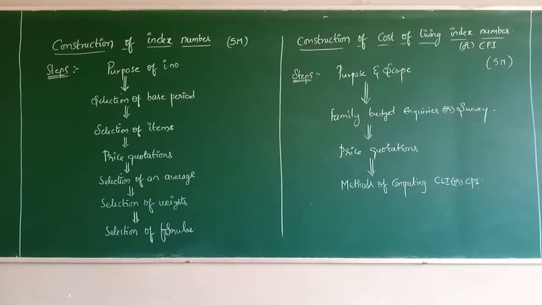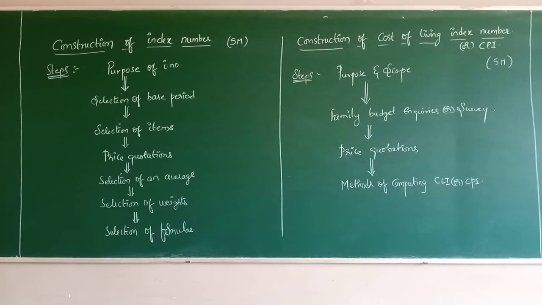And the second norm: the base period you select should not be too distant from the current period. Remember, suppose for 2025 I took 2019 as the base, fine, within 5-6 years there is not much difference. But for 2025, taking 1990 or 2000, such a long gap of 20-25 or 30 years, is not good. Generally, whenever you select a base period, it should not be too distant from the current period. Clear? That is the second norm.